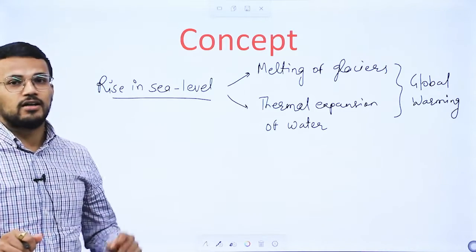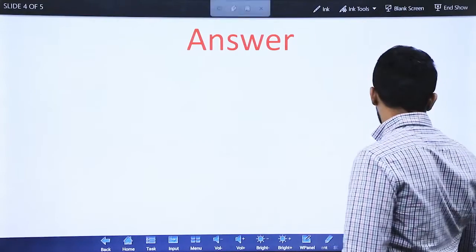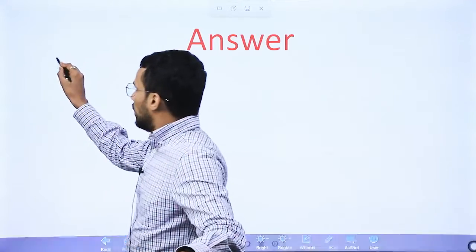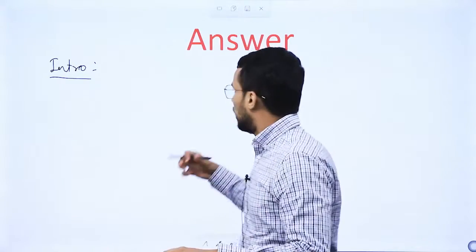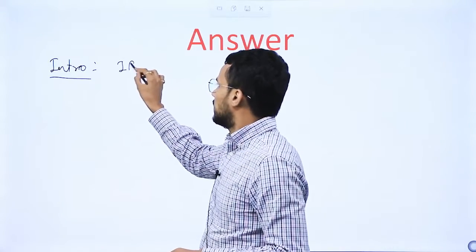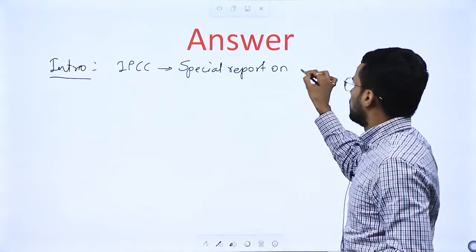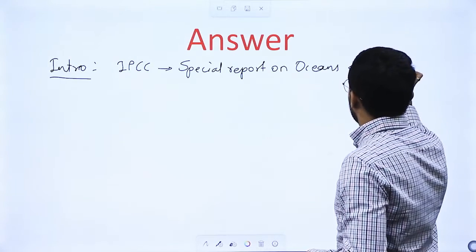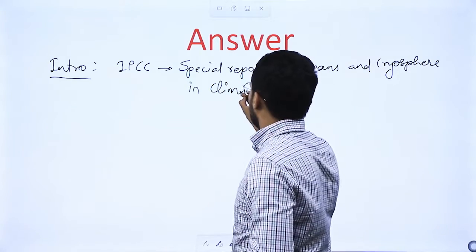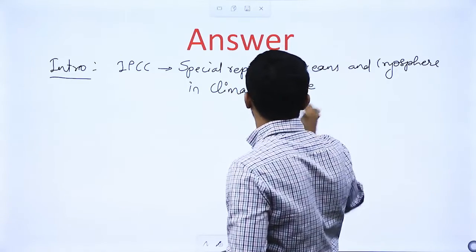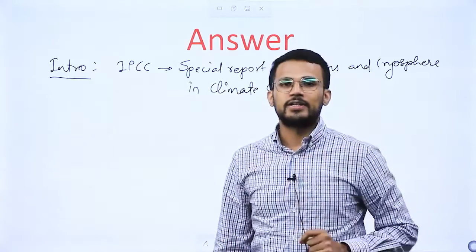So let us try to understand the approach that you should follow in order to write this answer. Firstly, in the introductory part, if you have some numbers, it would be better, because in GS3, always try to use some numbers so that you make your answer a little more specific. In the case of IPCC, you must be aware that IPCC has given a special report on oceans and cryosphere in climate change. So what will be the condition of oceans and cryosphere in the era of climate change? This report has been given by IPCC, and as per this report, by the end of this century, rise in sea level